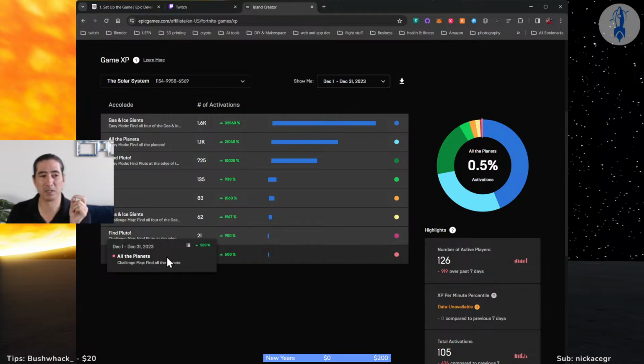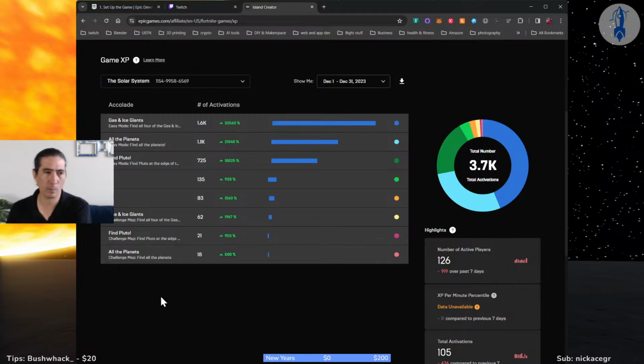What's interesting is that fewer people found all the planets. I'm guessing they either missed Mercury or Mars, because they're also very small. Mercury is about the same size as Pluto, and Mars is about a third the size of Earth. So maybe double the size of the moon, for example, right? In terms of scale. So at that scale, on the challenge map, the hard mode, Earth is only about the size of a grape, a large grape.